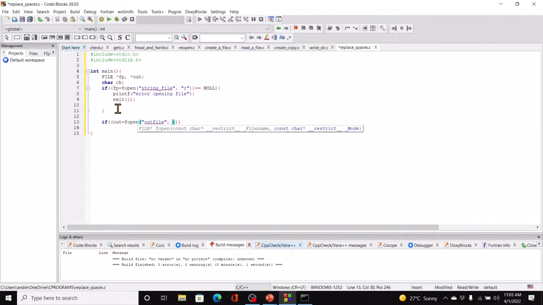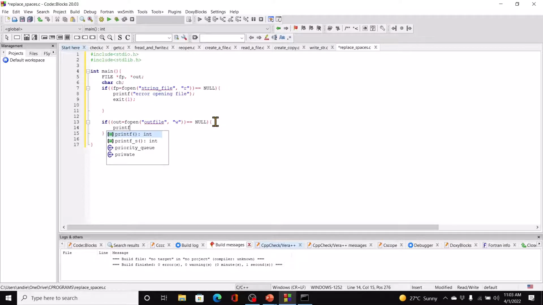And that's going to be opened in write mode. And that's equal to NULL. Hope you're getting the hang of this now. Then what we will do is printf, exit 1. If that goes through,